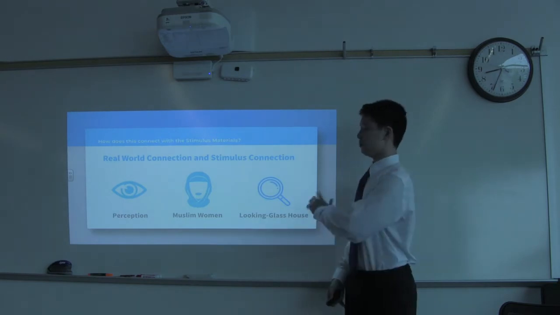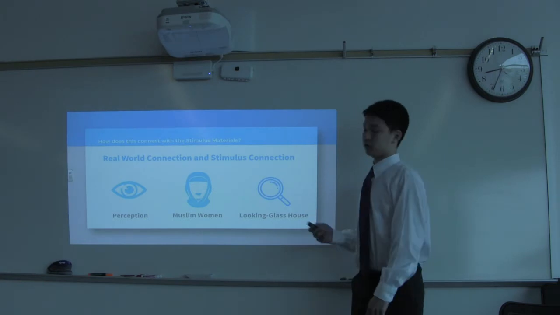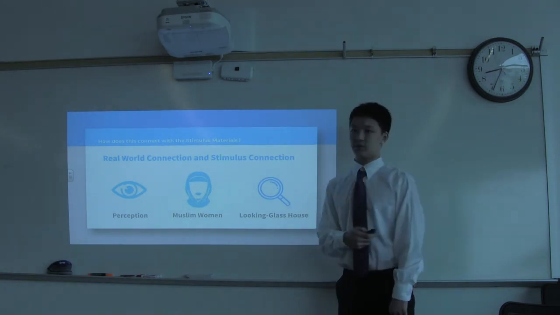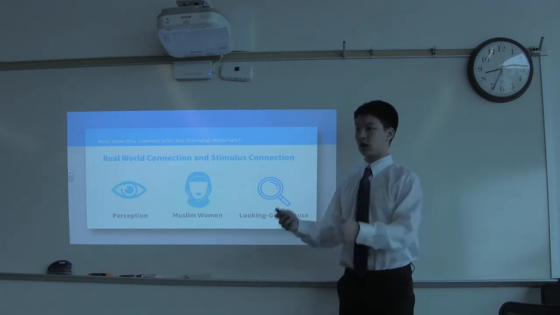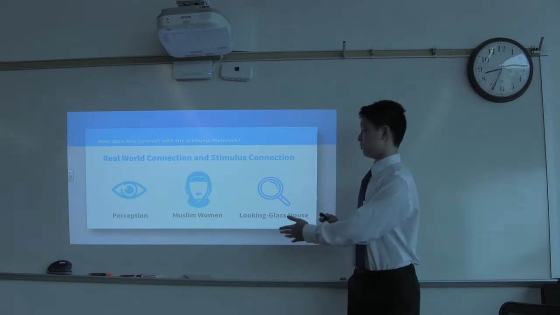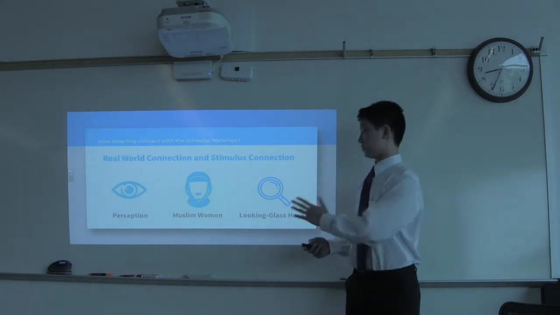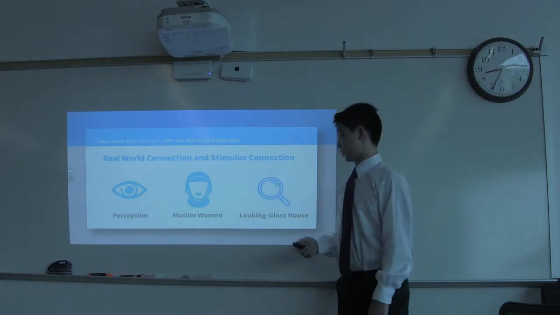I noticed a theme across the stimulus materials that it was all about perception. So how do social norms affect our perception? Well, we perceive things based on how we were taught as a child or how the social norms teach us to think. So in the Muslim Woman article, the Western social norm is to believe that these Muslim women are oppressed. So this is one way that social norm can influence our perspectives.